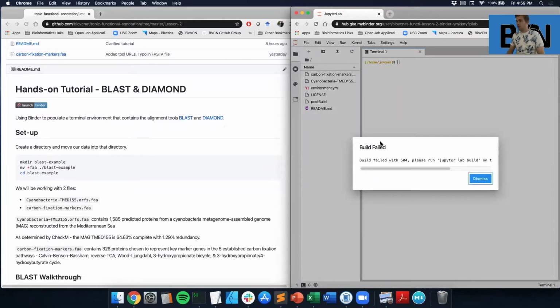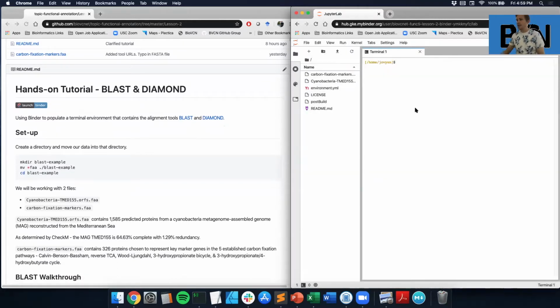Okay, so the first thing we want to do is ignore that error that comes up. And we're going to make a directory to store our sequences that we're going to be working with called BLAST example. We're going to move those, which are both FAA files, into there, and then we're going to CD into BLAST example ourselves. And if you hit LS, we're working with two FASTA files, both in protein space, so they're